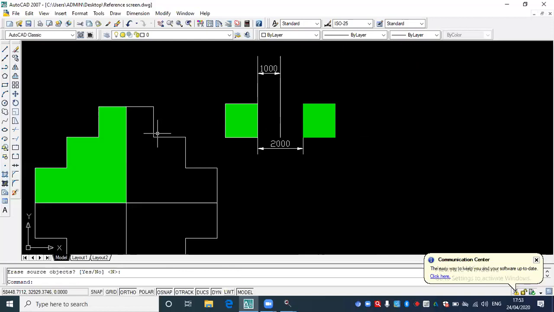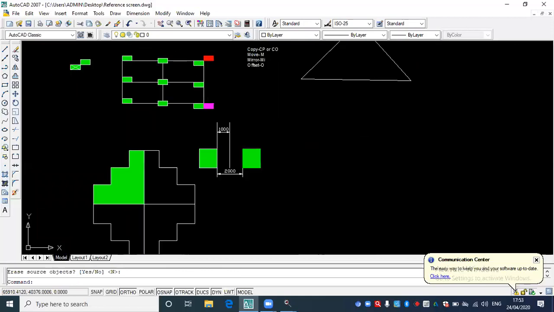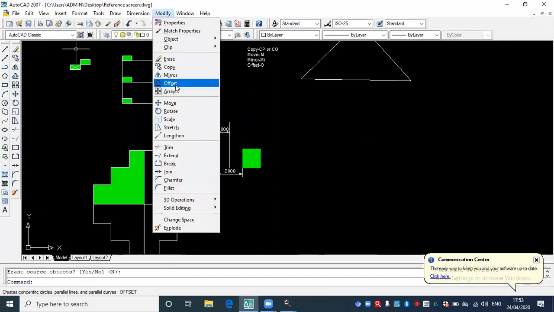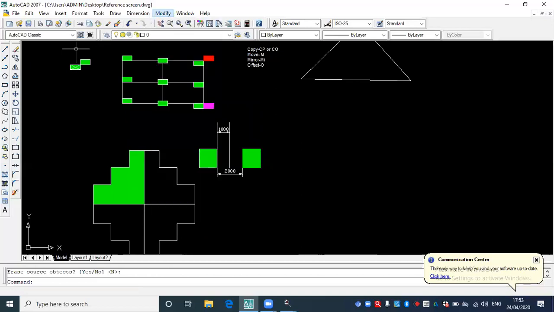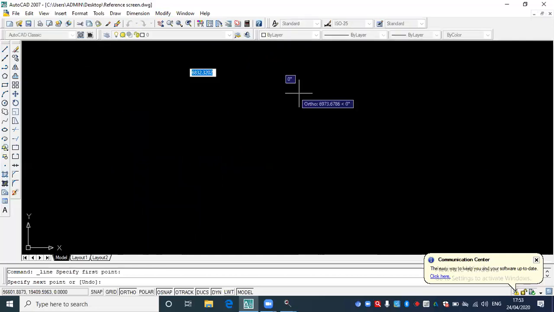Now last is offset command. Your keyboard shortcut is O. Simply type O, or you can select this. This is the offset command, or you go to the modify toolbar and select the offset command. Now see how you do this offset command. Say for example, you have an original line here.